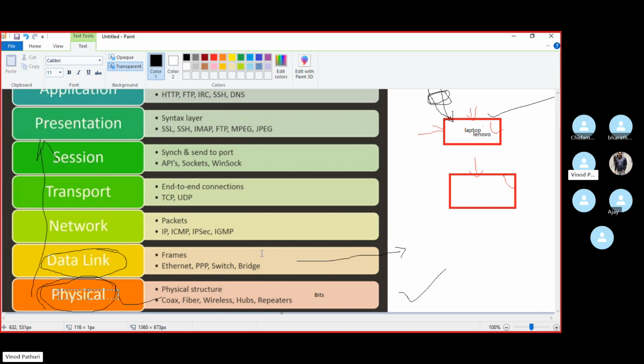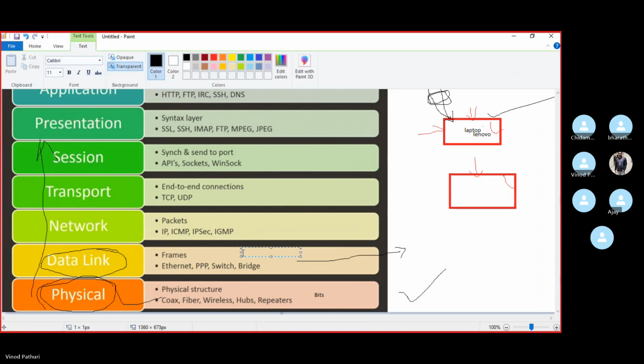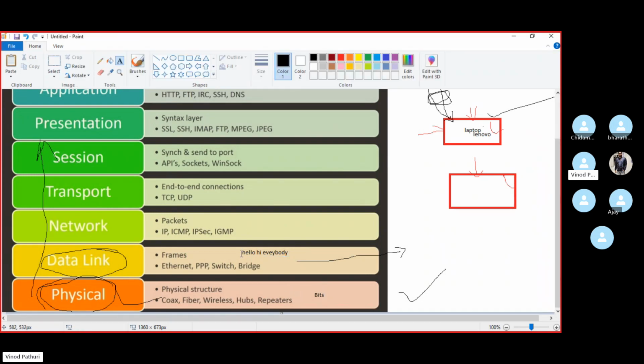What the frame will do is divide your data into frames. Like we are sending the message hello, hi everybody. Usually this is how it looks when you send, but in a computer language it will send it in bits. So it will divide that message into multiple frames.